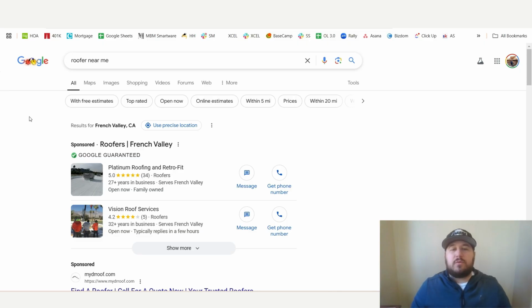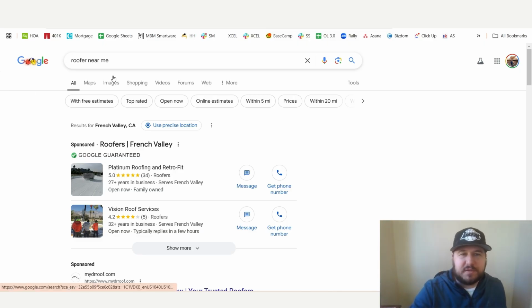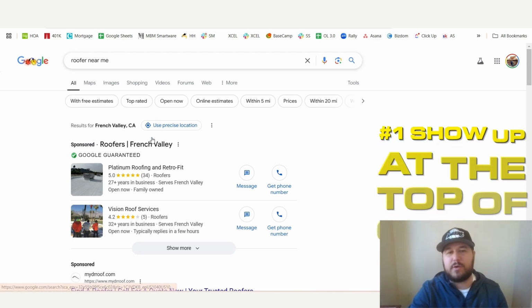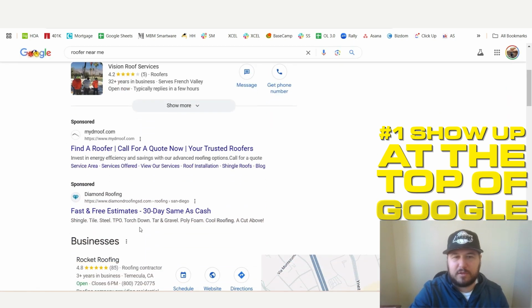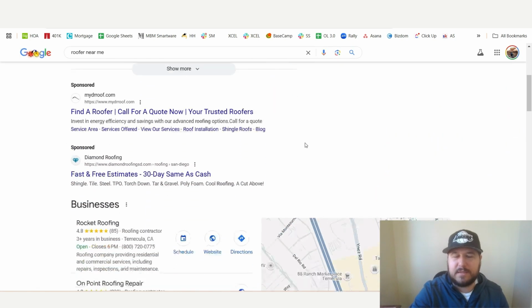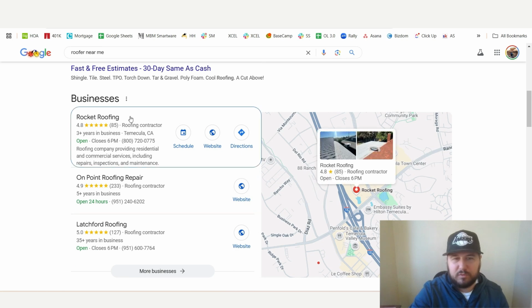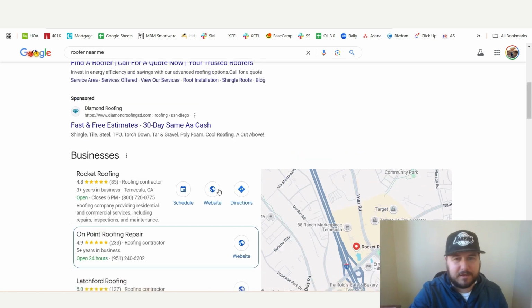Now let's go ahead and talk about Google Local Service Ads. To show you Google Local Service Ads, because I'm a visual person, I like to just kind of share and then describe. So this is what it is. I went ahead and typed roofer near me. And as you can see, you are at the very top of Google. As you scroll down here, this is more like Google pay-per-click, where you are paying for clicks. And this gets more into Google Maps, Google ranking, and SEO type stuff down here.